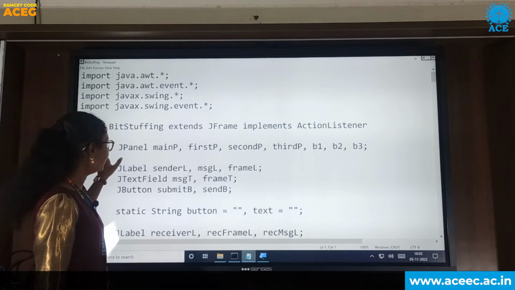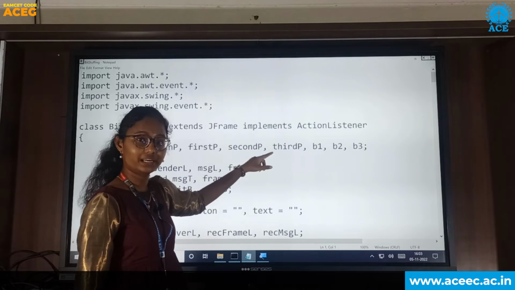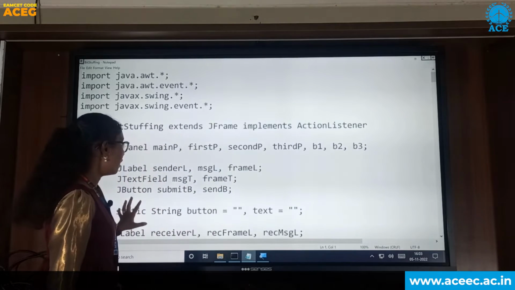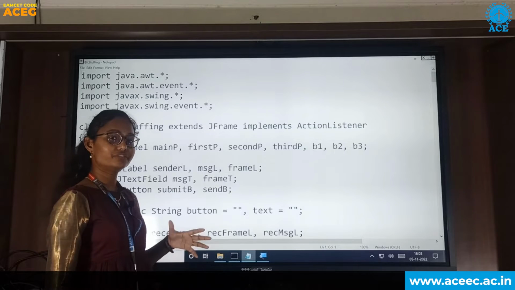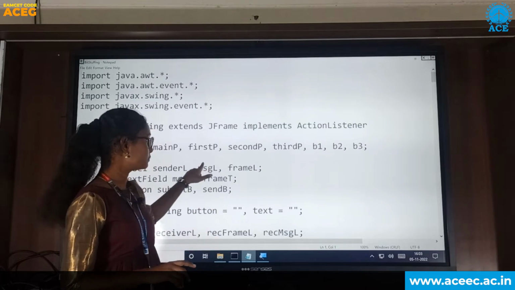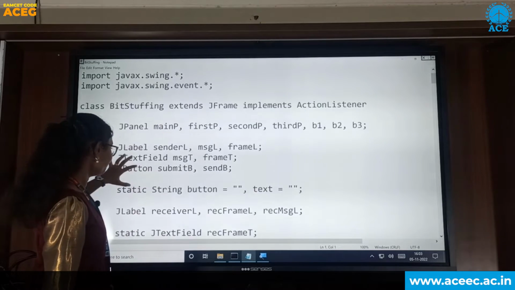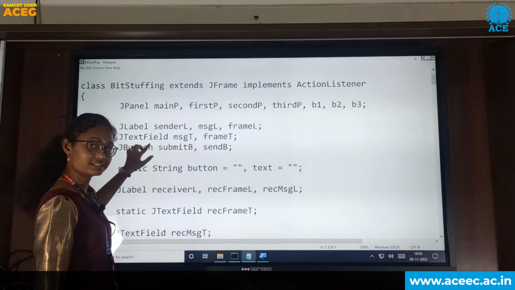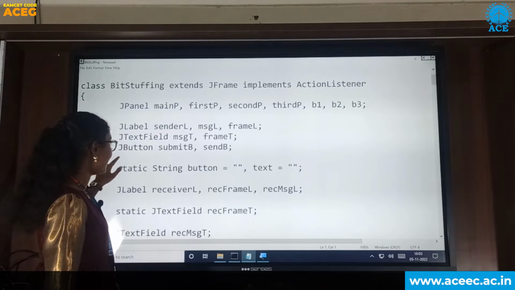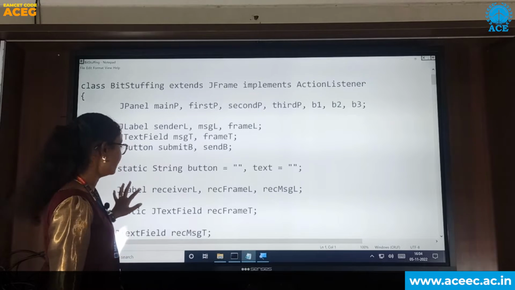I have defined a class BitStuffing, which is extending the JFrame class and implementing ActionListener. So basically what I did is I divided the whole window into 3 parts, that is the first panel, second panel and third panel, and then I've used text fields in order to get the input, and I've used buttons to create the events like the submit button and send button.